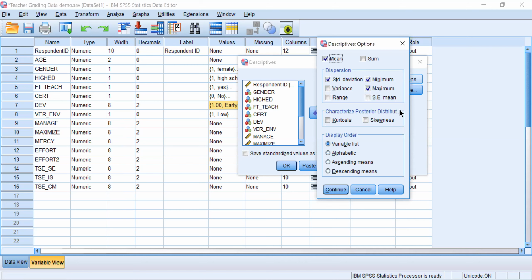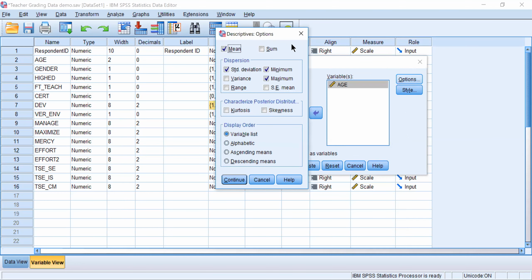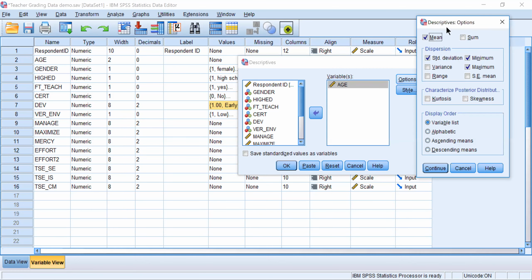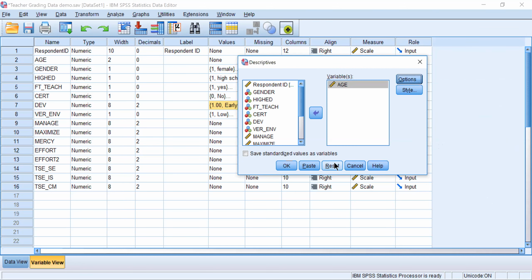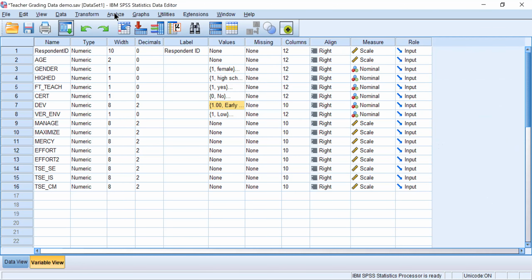So median is a very simple way of looking at something about the shape of the distribution. And you get these statistics called kurtosis and skewness, which do represent information about the shape of the distribution. But you'll see at some point in your studies, if you continue with quantitative information, that kurtosis and skewness statistics are difficult to interpret. And so these actual numerical values for kurtosis and skewness, I don't particularly find valuable to study. So rather than use the descriptives menu, I'm going to cancel that, and instead I'm going to use some